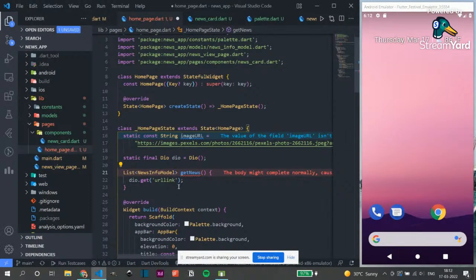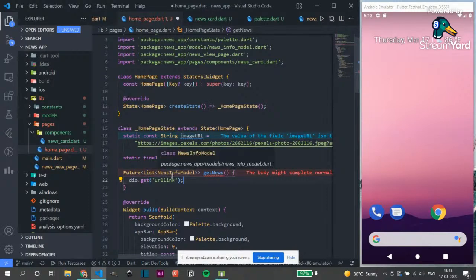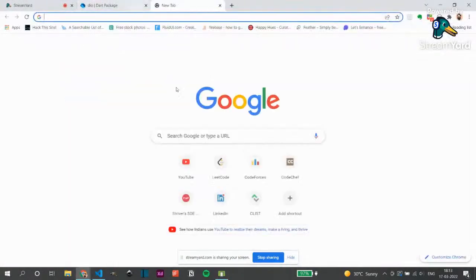Obviously not. When you are getting the data from an API, obviously it will take some time to fetch the data from that API. So we need to make this function a future type. Now, what is future? The future class tells that this function will return a news info model, but not instantly. It will take some time, maybe some seconds or minutes, and then it will return the list of news info models. Now, before jumping, I would like to go to Dartpad once again